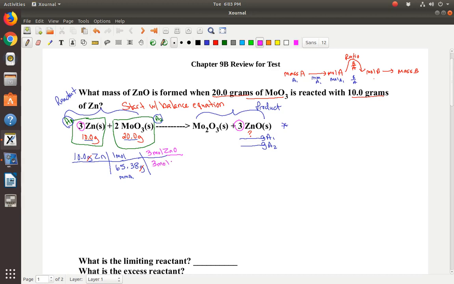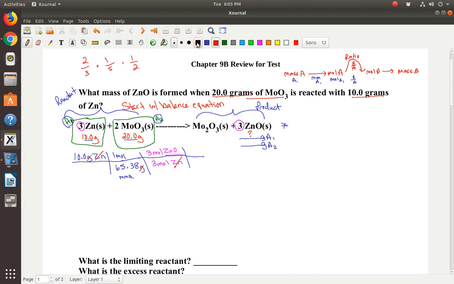And you need to go ahead and write down the molecules, otherwise you're not doing the work right. You want to make sure that everything's going to cancel. So I'm going to go ahead and cancel my units now. Now that I have zinc in the numerator and zinc in the denominator, and it doesn't matter that zinc's way over here, just like if you have 2/3 times 1/5 times